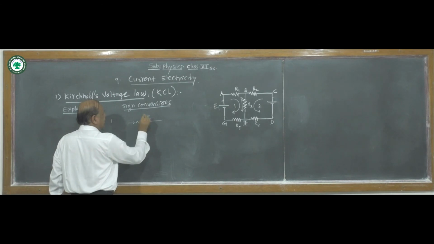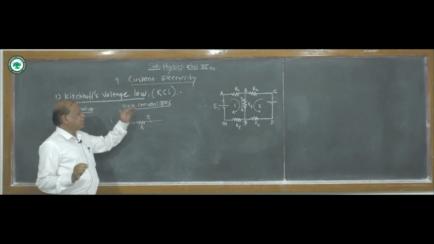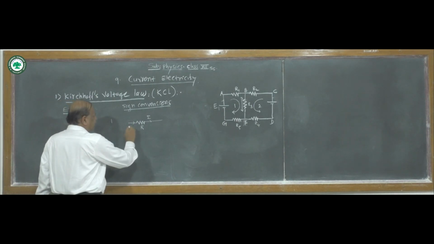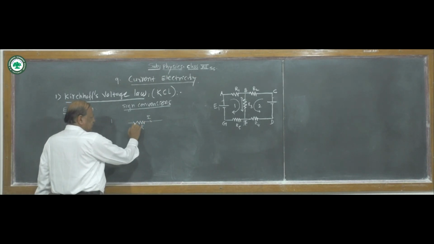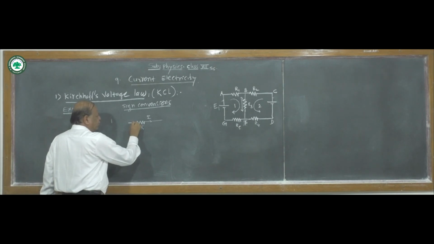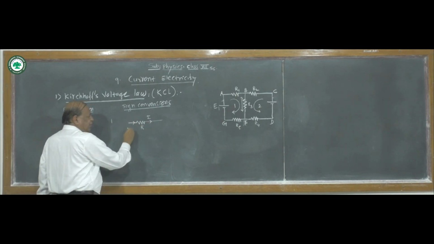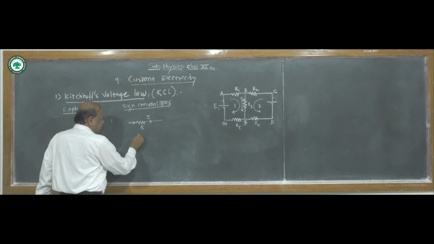Now what is the PD across this resistance? When tracing, or traveling, the path along the direction of the conductor, then the PD across that conductor is treated